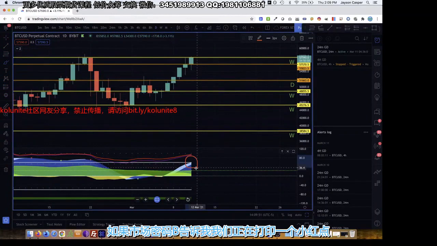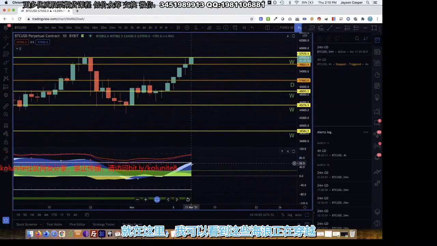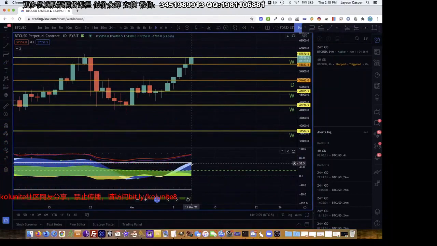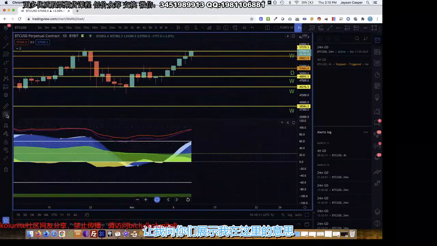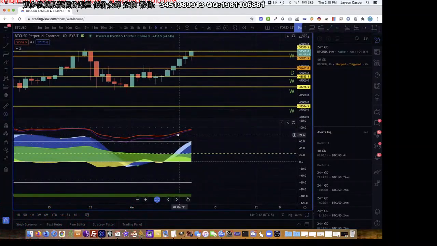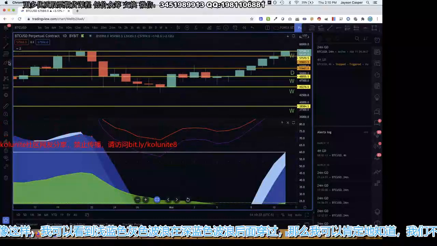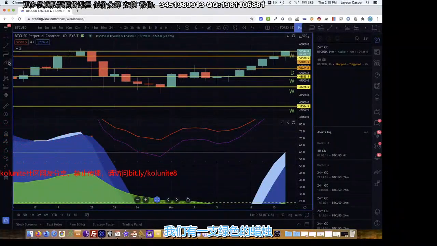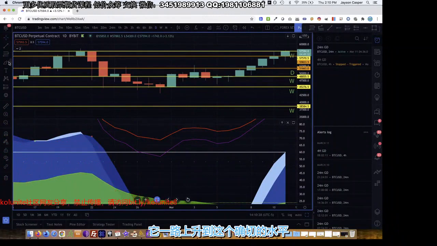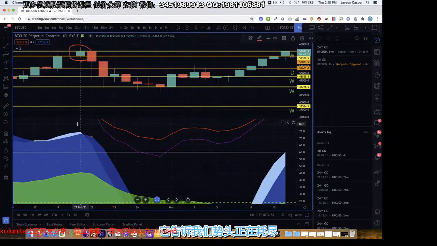Now, if Market Cipher B was telling me that we're printing a red dot right here, and I could see that these waves were kind of crossing into themselves, let me show you what I mean here. If this wave right here was looking more like this, where I can see that the light blue gray wave is crossing behind the dark blue wave, then I would know for certain that we're not going to break out of this resistance level, because in the past we can see what happened. We had a green candle, it came all the way up to this exact level, but Market Cipher B was telling us that momentum is running out, we're about to start heading down,